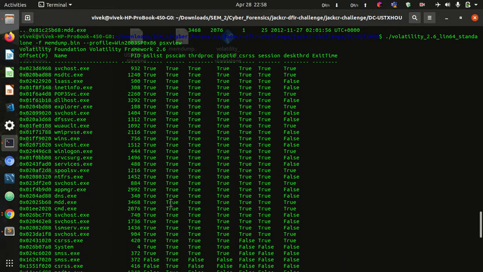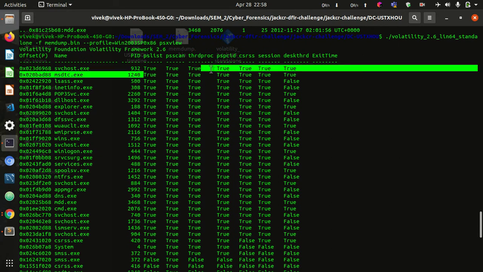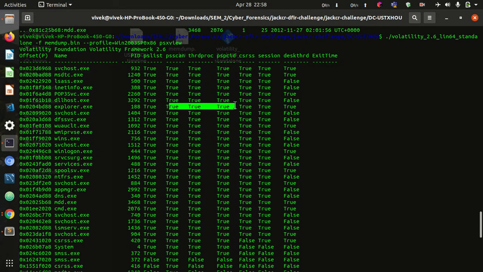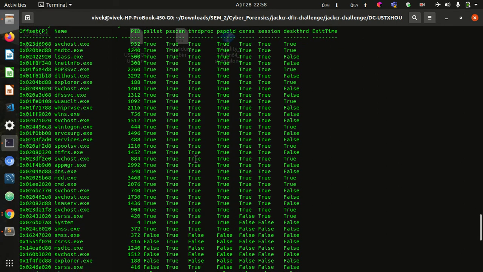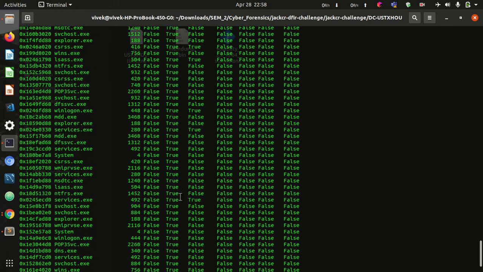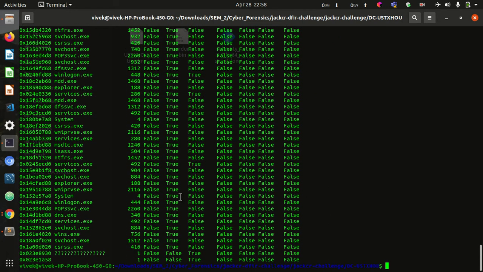Like in the starting, there are all true, so these processes may not be malicious. This way we can further narrow down our search for knowing what malicious activities are going on.